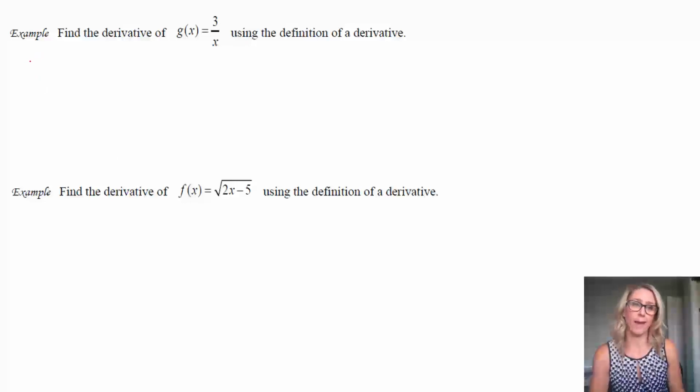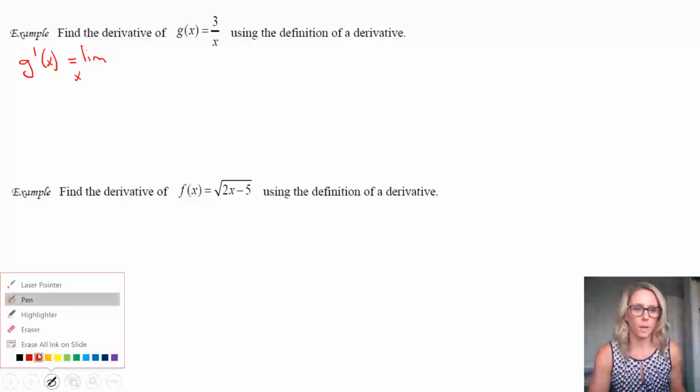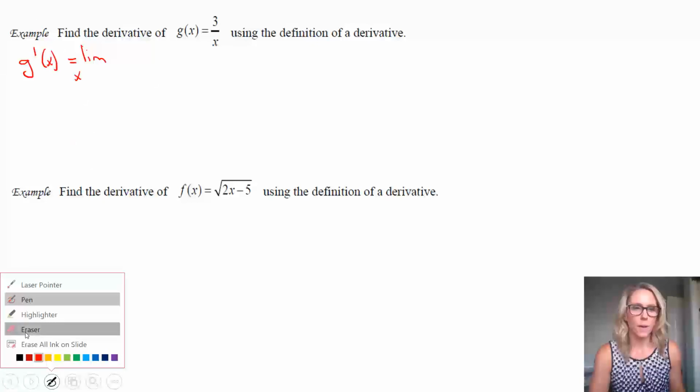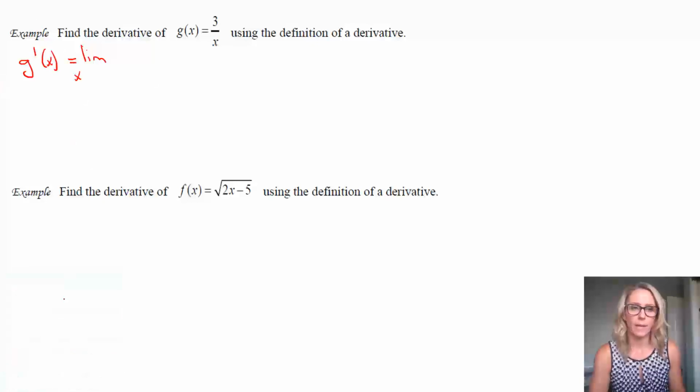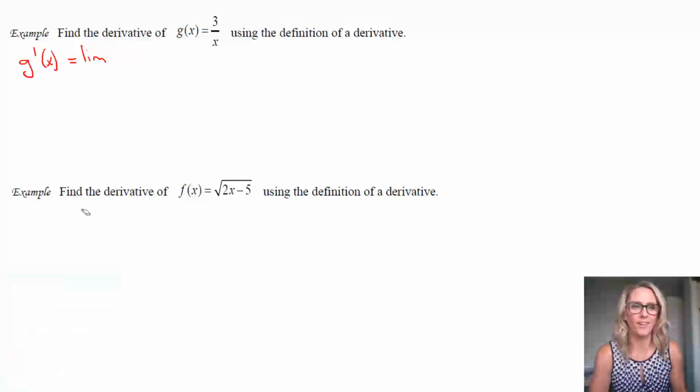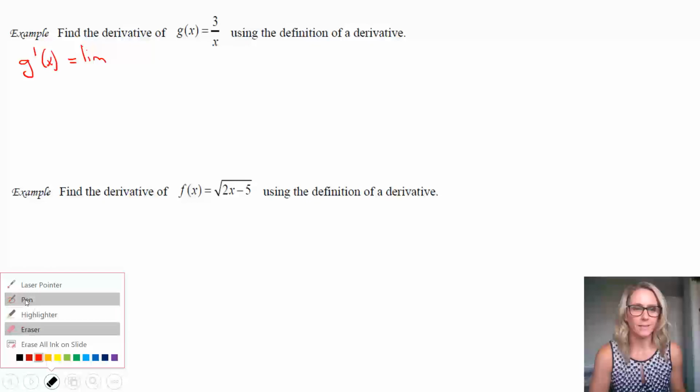So notice this is g of x, and you might be like, well, that's not by definition. You just make g prime of x. So of course, any function, we just put the prime there, g prime of x. The reason I'm not going to do any side work here is because the limit as h goes to 0, different notation here, but the limit as h goes to 0, just think about what g of x plus h is. There we go. Okay, so just think about what that is.